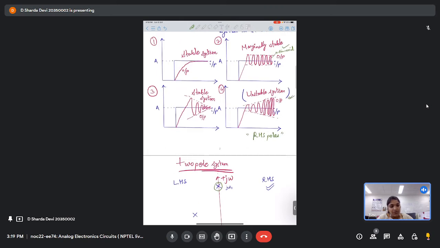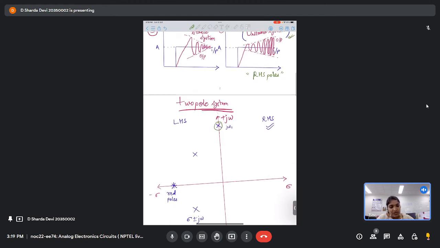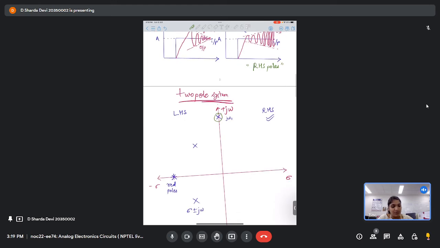This behavior of marginal stability is present when your two poles are on the imaginary axis of your sigma j omega plane, or S plane. So this corresponds to,